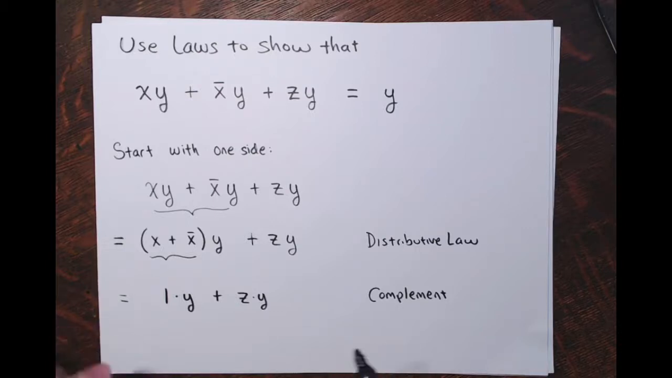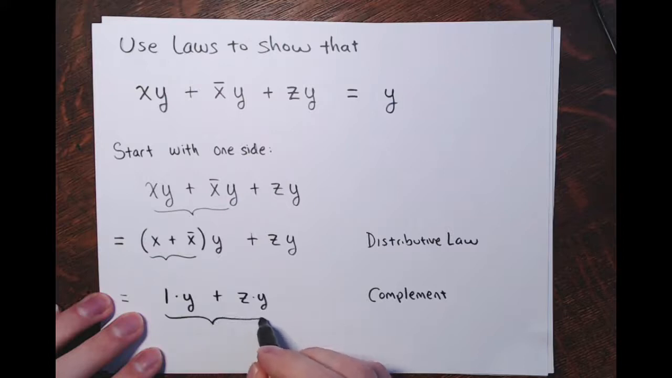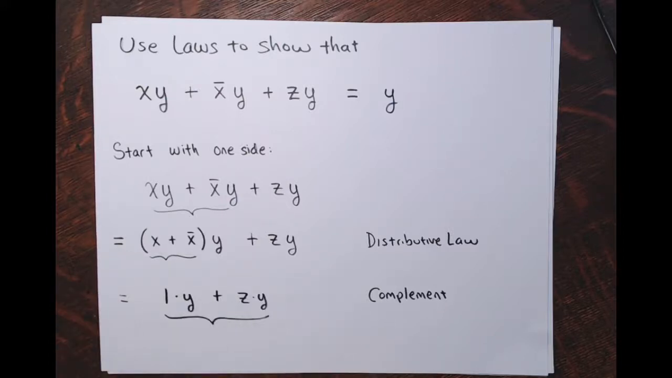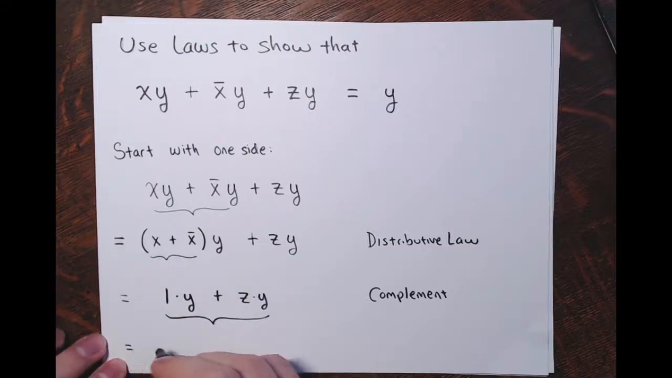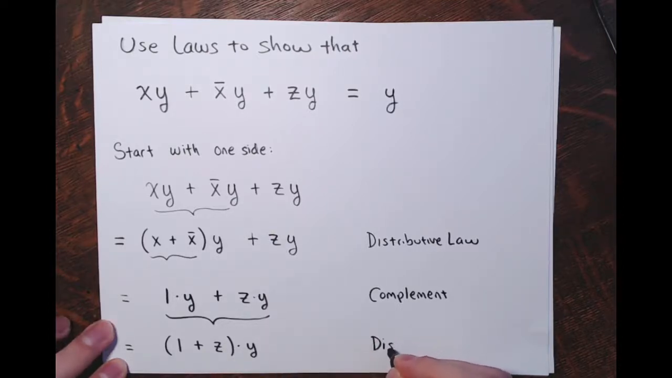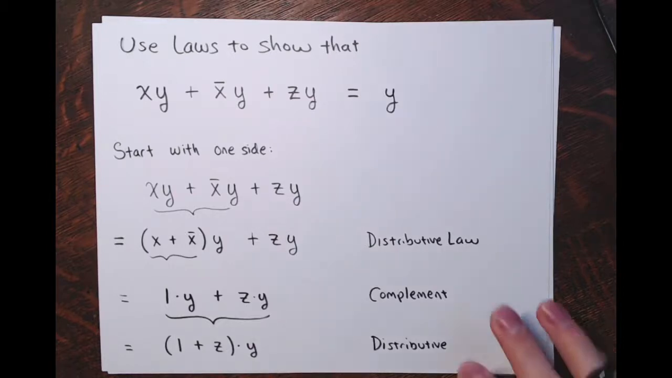Okay, and now I'll apply the distributive property again. Distributive law, see again both of these have this times y in it, have this y term, so pull that out. This is 1 plus z times y, and again I applied the distributive law. All right, and now